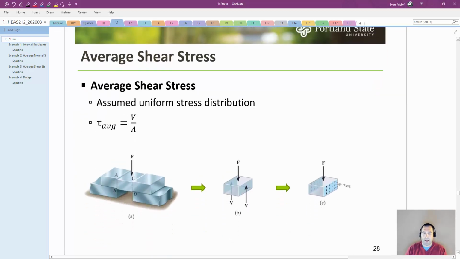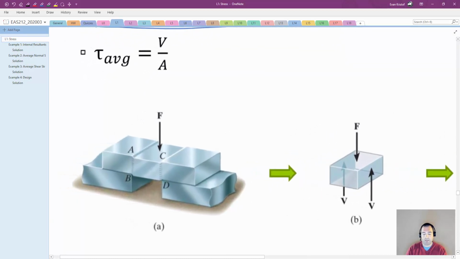So let's talk about average shear stress. Just like with the average normal stress, we're making some assumptions here, the biggest assumption being a uniform stress distribution. So let's take a look at these blocks here. We've got a rectangular prism on top of two other supporting prisms. And the question would be, if we push down with this force F, how much shear stress will we get